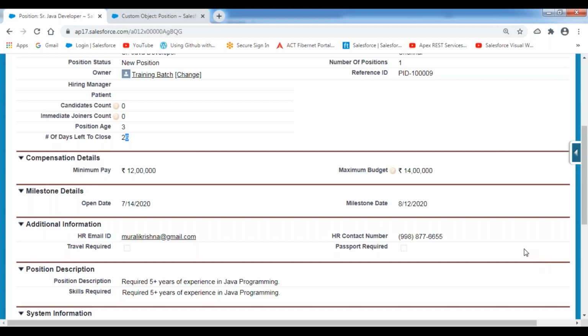Excuse me, sir, does this field value change every day? Yes, automatically it will change every day. Whenever the date value changes, when 12 o'clock is over and the next day morning 12 o'clock comes, this value will be recalculated automatically. Right, fine. We do not need to execute anything. It will be taken care of automatically by Salesforce.